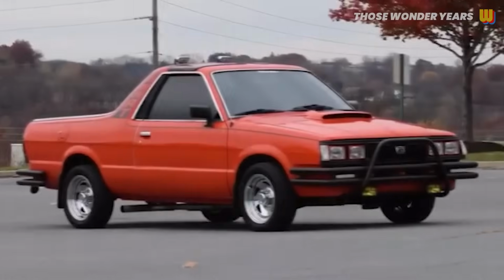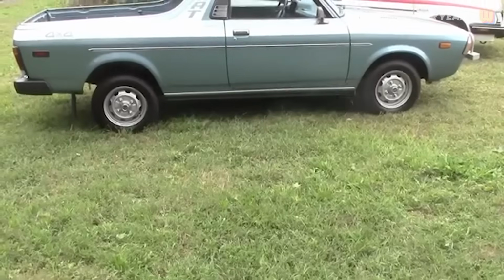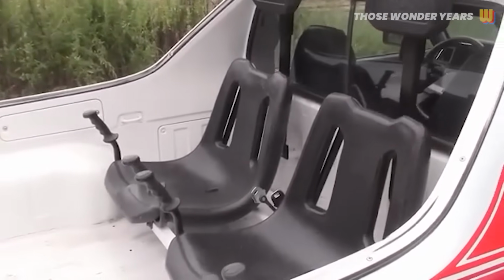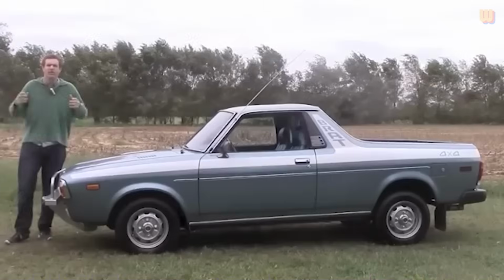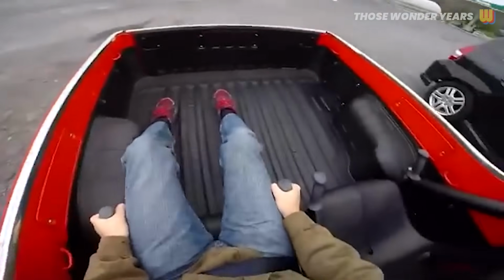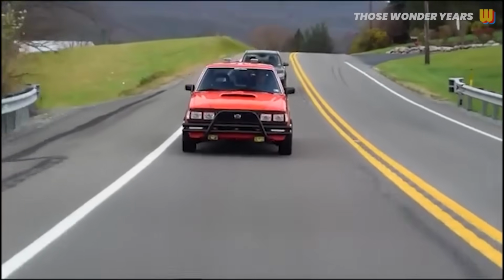Subaru's quirky little pickup, the Brat, was a head-turner for all the wrong reasons. This oddball truck boasted a pair of rear-facing plastic jump seats welded right into the cargo bed. Sure, they helped Subaru skirt around those pesky import tariffs by classifying the Brat as a passenger car, but at what cost? These jump seats were about as practical as a screen door on a submarine. Imagine trying to cram your friends back there, watching them hold on for dear life as you hit every bump and pothole. It's no wonder the seats were ditched after the 85 model year, but the Brat's flaws didn't stop